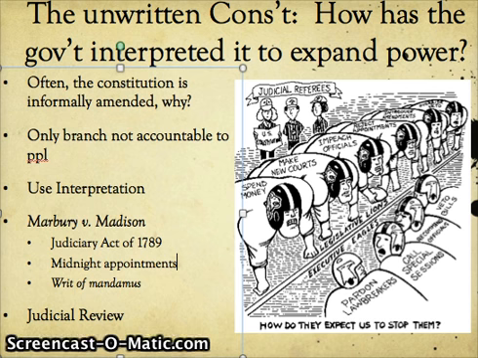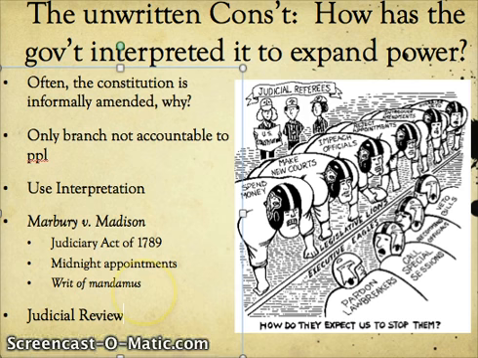Now, once Thomas Jefferson and his secretary James Madison go into the office of the presidency, Madison and Jefferson agree they're not going to deliver those Federalist judgeships. They were going to throw those in the trash, and they were going to appoint their own Democratic Republicans. Well, one of the guys who didn't get his appointment was William Marbury. And Marbury sued Madison under writ of mandamus, trying to make the federal courts order Madison to hand Marbury his judgeship.